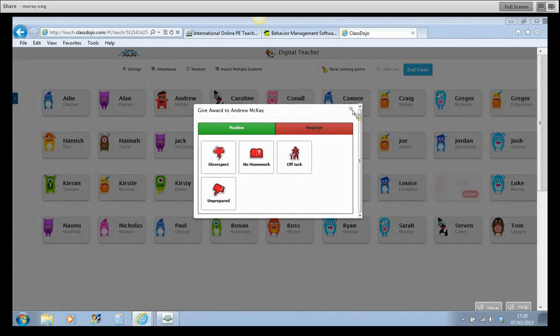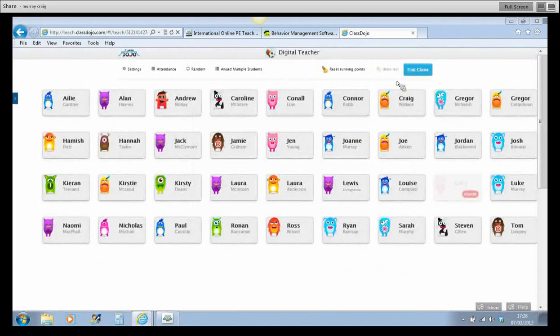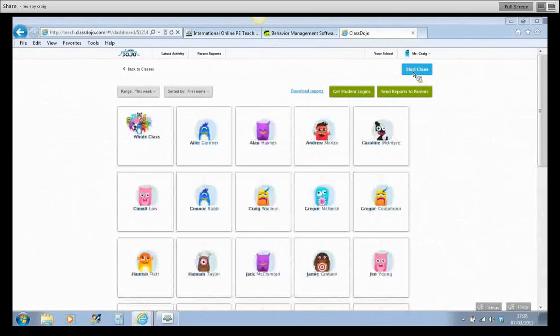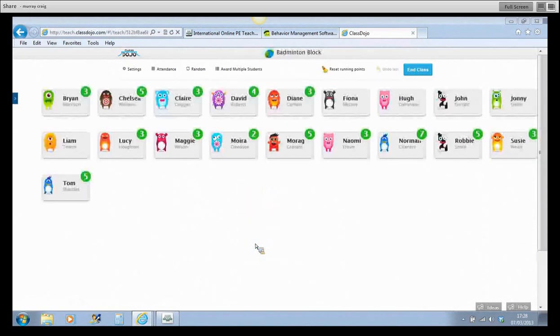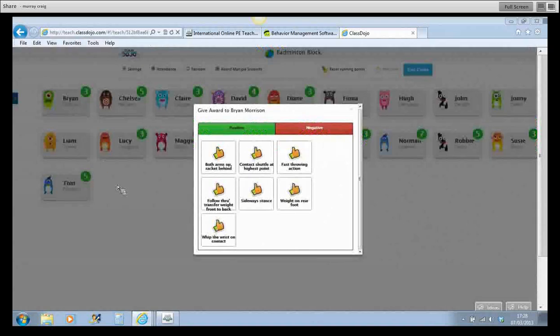Now what we've done is we've taken these preset behaviours, and we've changed them. What we've replaced them with is the key factors or the teaching points for some skills. The example I'm going to use is within badminton. If we look at our badminton class here, and just look at one of the students, you can see now that the preset behaviours have been changed to the key factors or teaching points